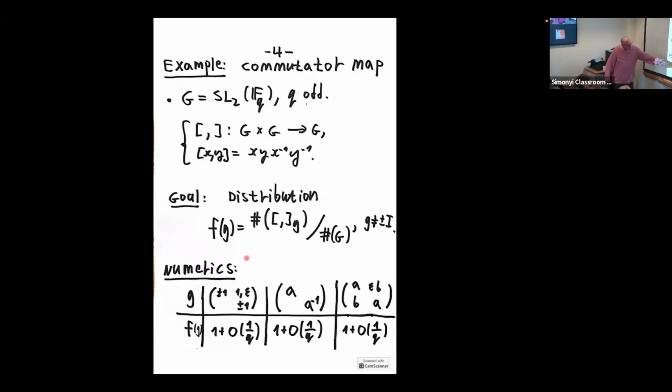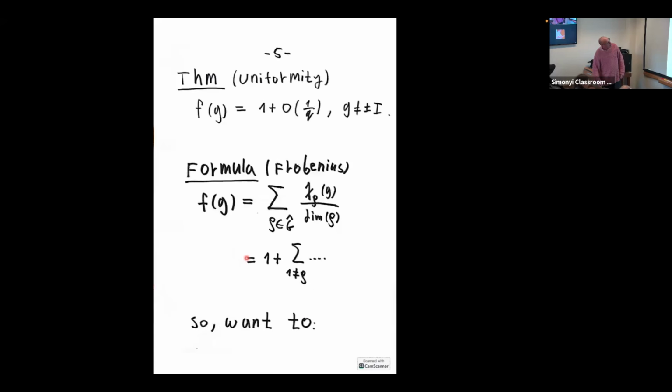Now you do numerics and you see that as q goes to be large, you don't need to go very far with q and give some concrete bounds, this is 1 plus something of order of 1 over q. So you can also prove this result, and in some sense I would like to explain a proof of this result. Now, how to